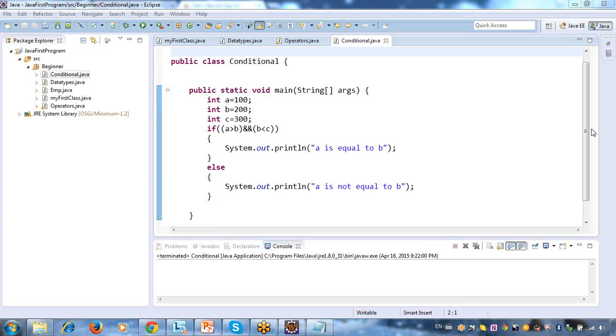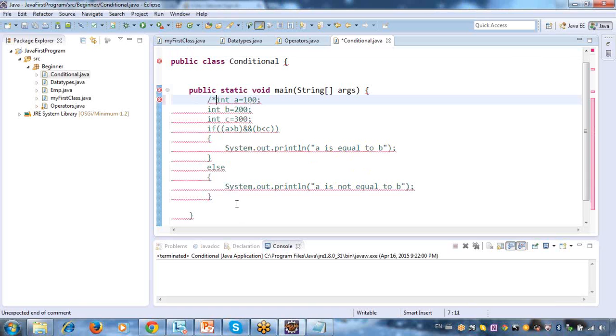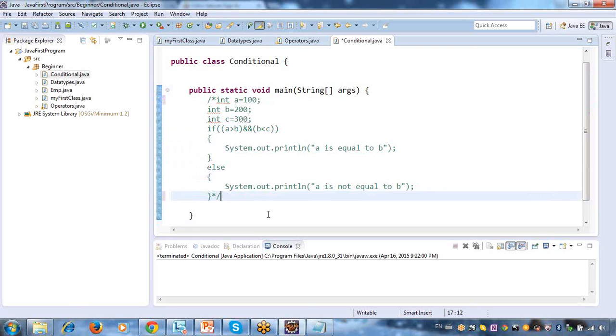Switch case means if you are having more than two conditions, then you can use your switch case. What switch will do is, based on the condition you are providing, it will directly jump to that particular case and execute it.